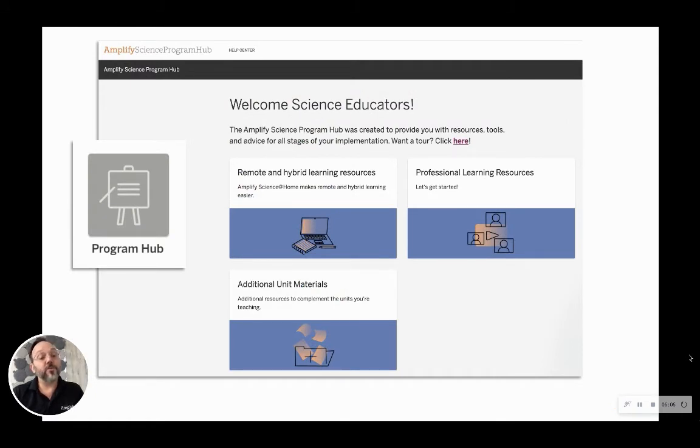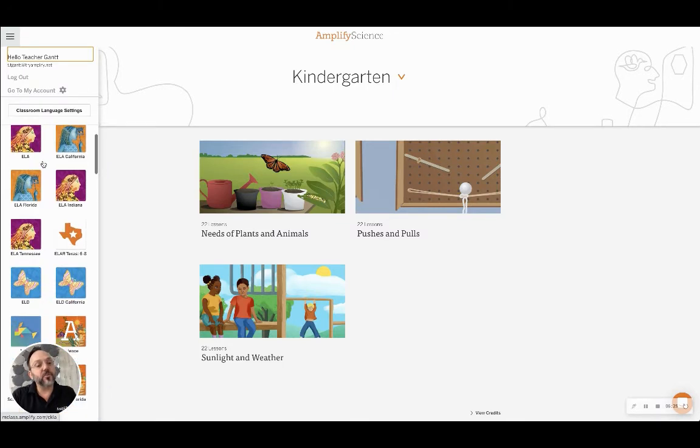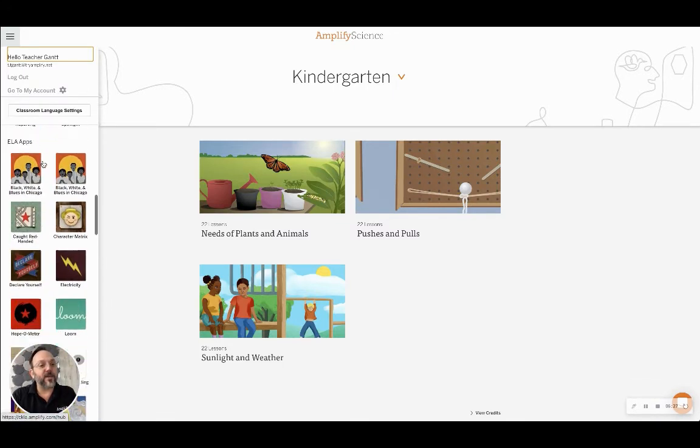I'm going to guide you to where you can find this resource in your demo accounts. Here I am in my demo account as a teacher. I'm going to go up to the upper left. I call this my 3 stacks, my navigation hamburger. I'm going to open that up, and then we're going to look for, at the very bottom, past all these